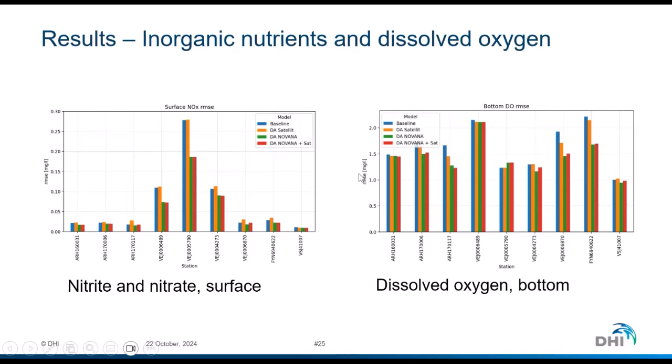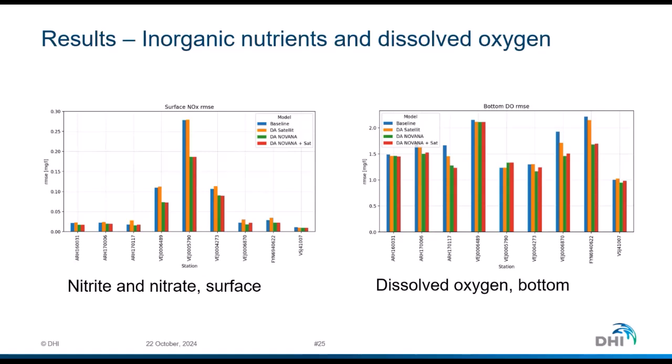Another parameter we look at is the dissolved oxygen. This is one parameter we did not assimilate. We have only been assimilating chlorophyll and inorganic nutrients, but all model parameters are updated when we use data assimilation.